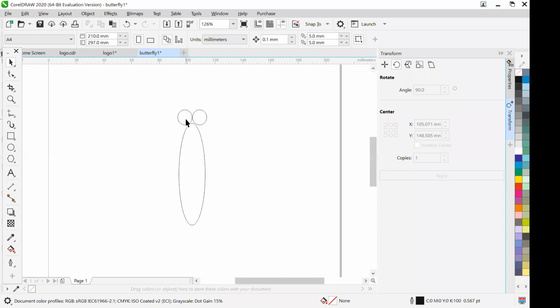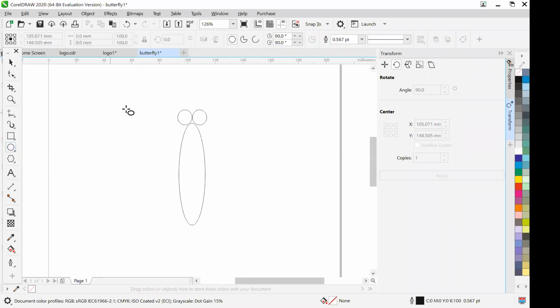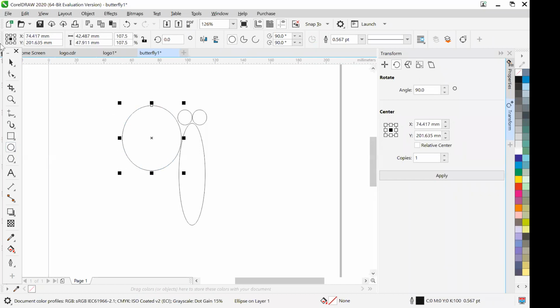Two eyes are ready. Later on we will fill them with color, and in that also the pupil you are going to make black and white. You can do it, but for now, it will look a little bit like a childish butterfly, but it is okay.